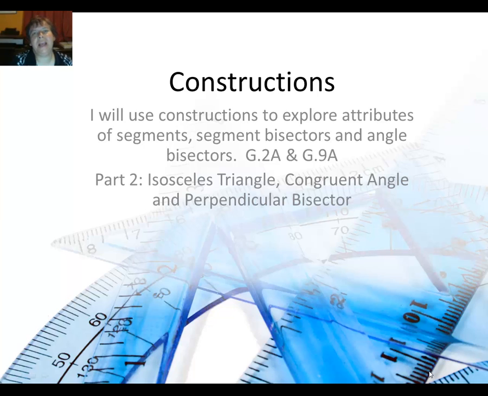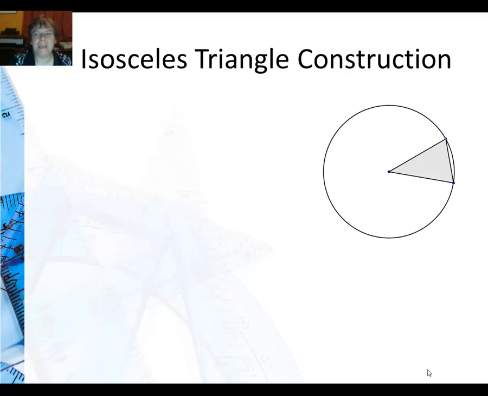Here we're looking at the isosceles triangle construction, the congruent angle construction or copy angle, and my personal favorite, the perpendicular bisector. So for an isosceles triangle construction, what we're going to use is the